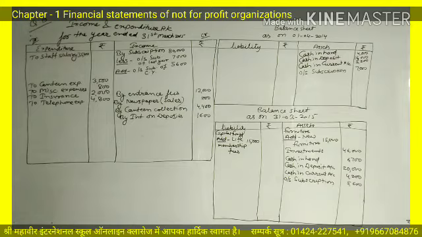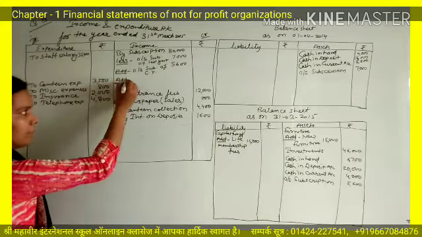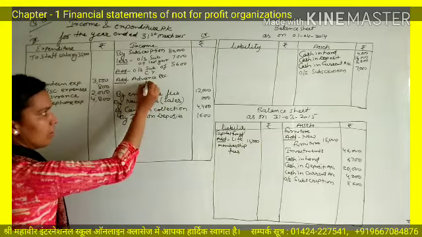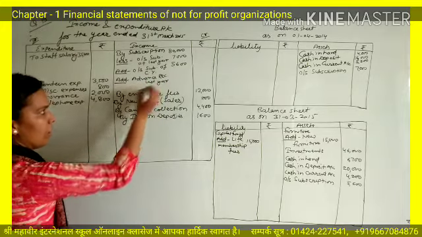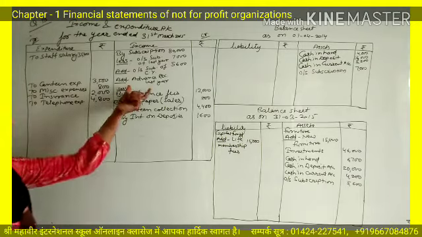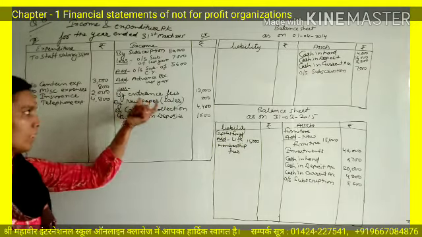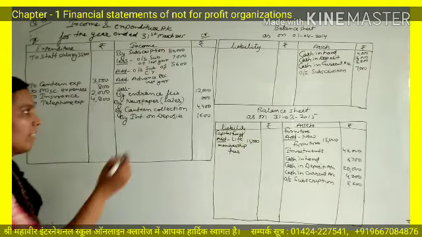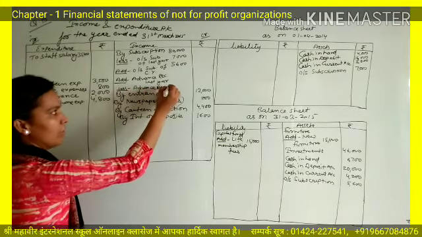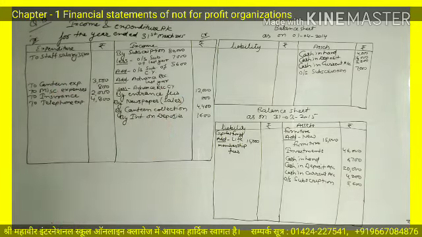Let's move on to the second additional information, subscription received in advance. Last year if we received any advance, that will be added. Advance received last year will be added, and if we are receiving any advance in the current year, that will be deducted, because last year's advance is related to the current year and current year's advance is related to next year. Advance received current year, amount is 2000 and 2500.